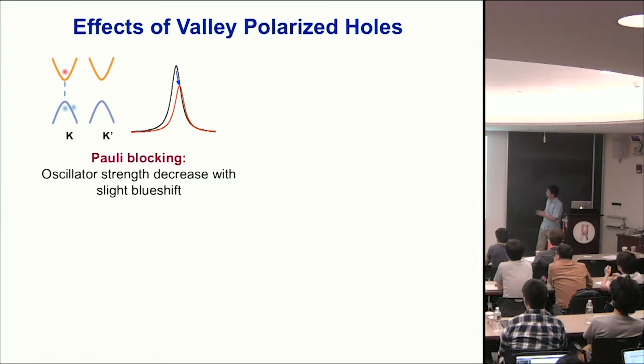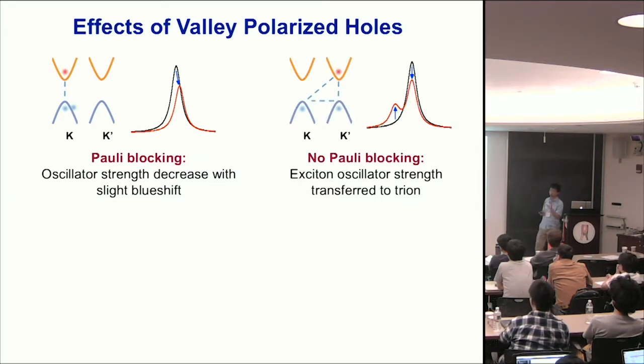And it turns out when you have a hole sitting with an exciton in the same valley, it also will shift the exciton transition a little bit to the blue. So this is the effect you should see. Once you have a hole in the K valley and probe an exciton in the same valley, you will see reduced exciton strength and a very small blue shift. On the other hand, if you use